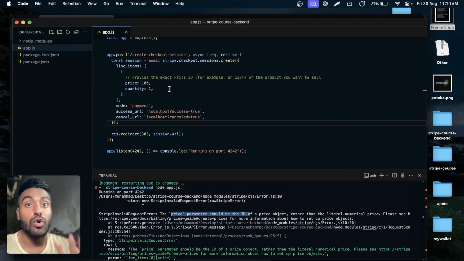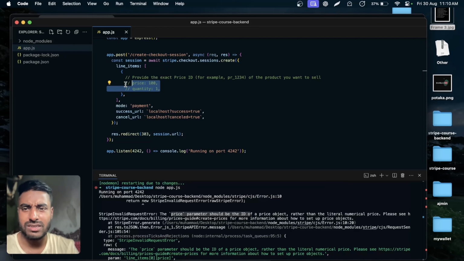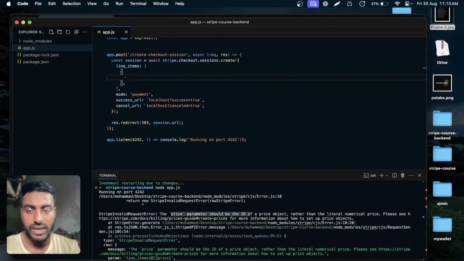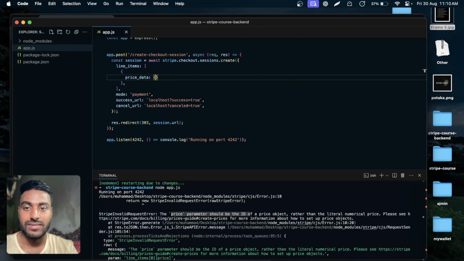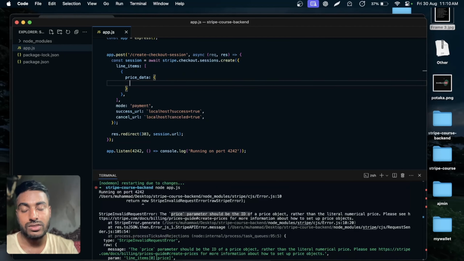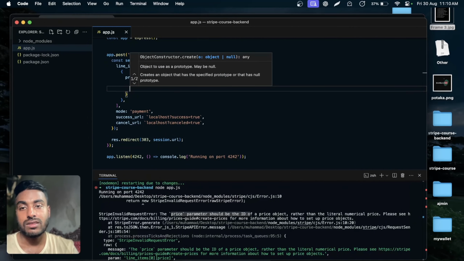Now in our API, remember a big disclaimer. We are going to use these things just for now for understanding. Later on, a lot of things will get changed. So let's comment these things. Actually, let's delete everything. And inside that, we need to say price data, an object. And then you can say currency, the product currency you want to receive. For me, it will be USD. Then we say product